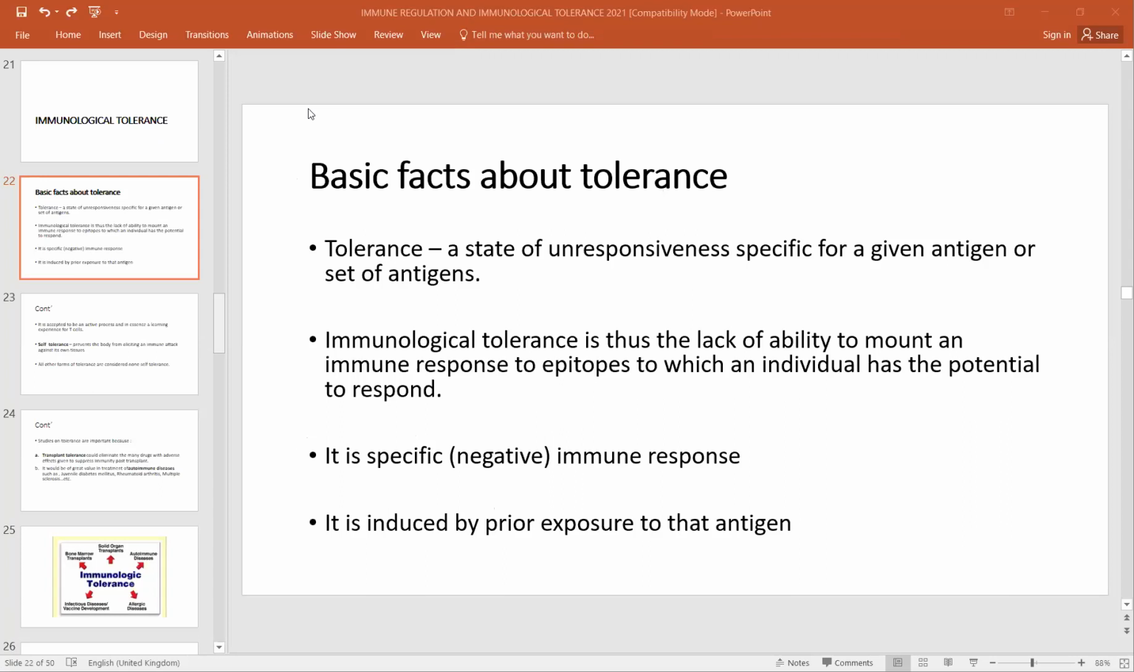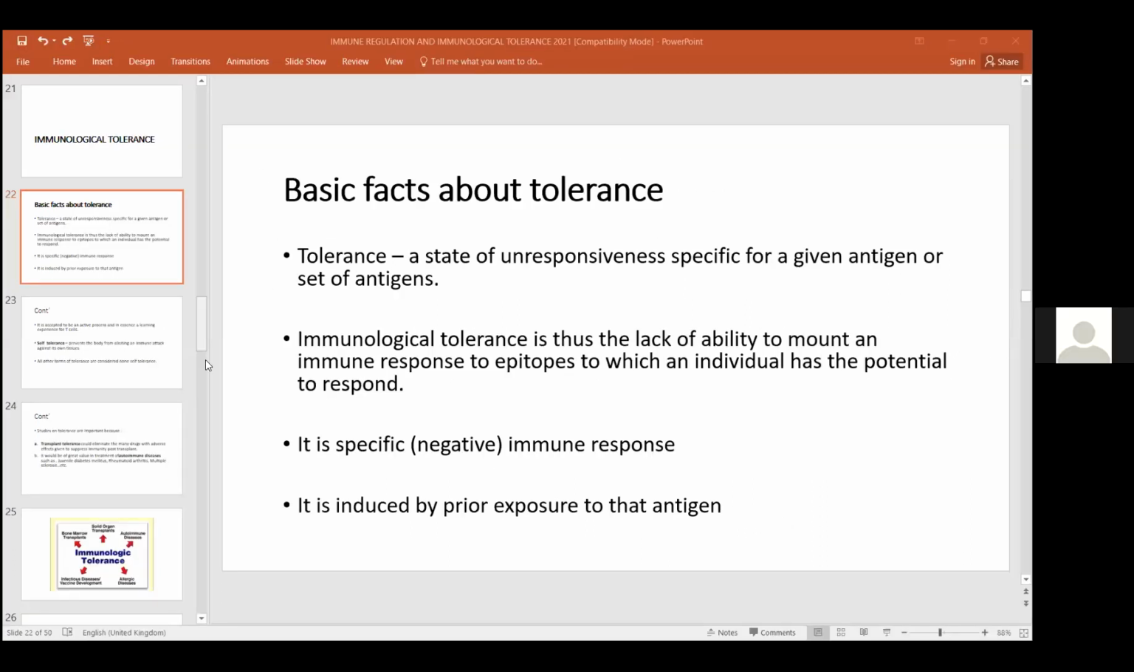So tolerance is a state of unresponsiveness specific for a given antigen or set of antigens, and it applies to the individual in that it is a state of unresponsiveness to its own tissues. So it's thus the lack of ability to mount an immune response to epitopes to which an individual has the potential to respond. It is specific. It's a negative immune response. It is induced by prior exposure to that antigen. These are just basic facts that introduce the subject. Essentially, when you're asked to define,